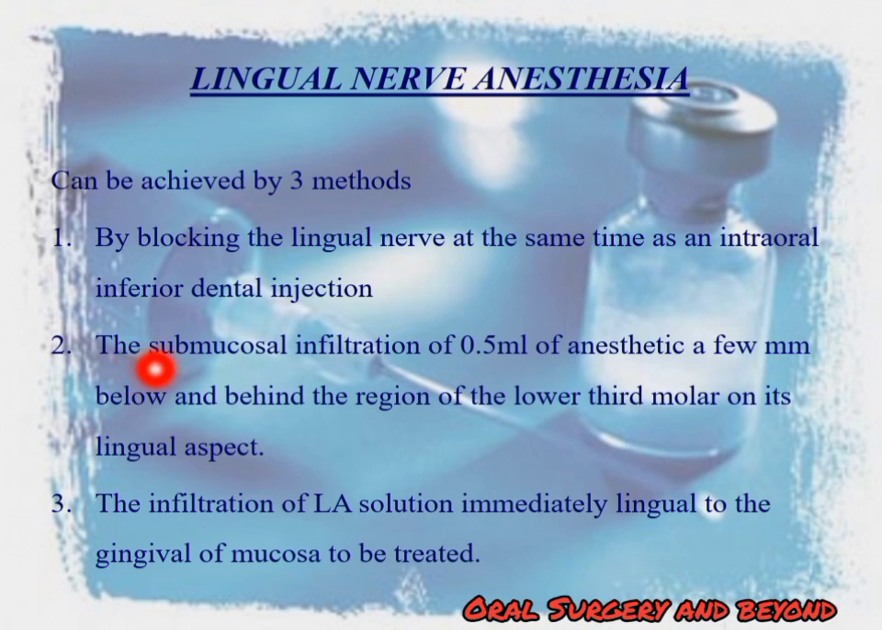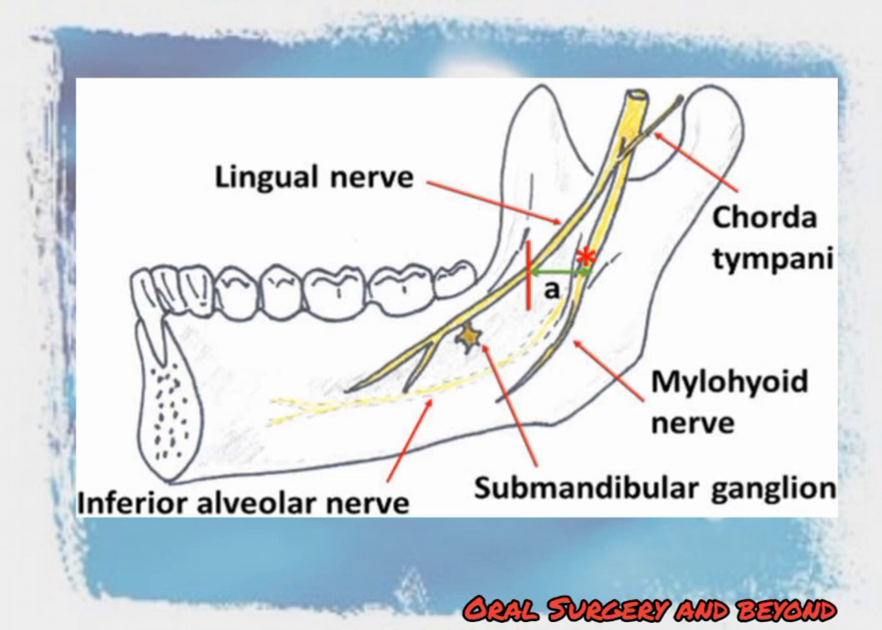Second, the submucosal infiltration of just 0.5 ml of the anesthetic a little below and behind the region of the lower third molar on its lingual aspect. And third, the infiltration of the LA solution immediately lingual to the lingual gingiva of the mucosa to be treated. Here, as I said earlier, at the third molar region, just 5 millimeters below, we have to inject here